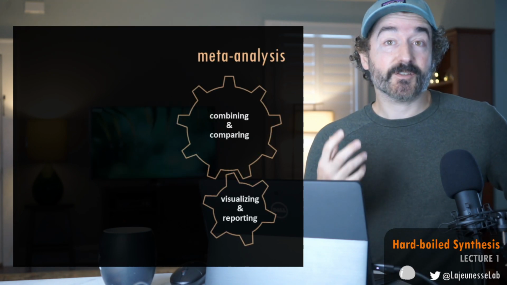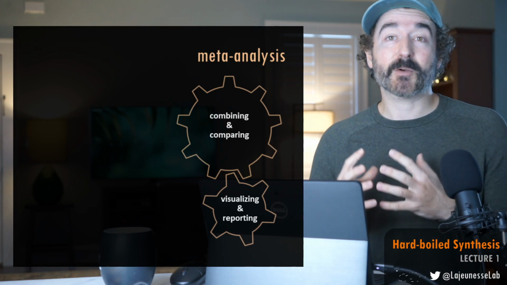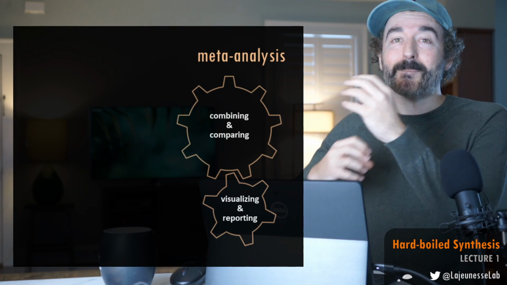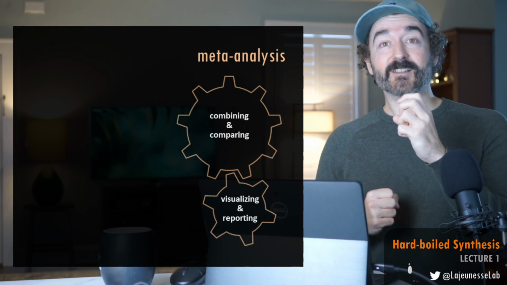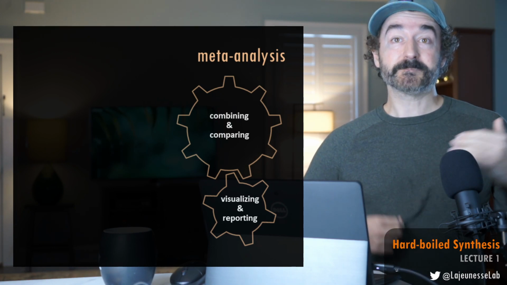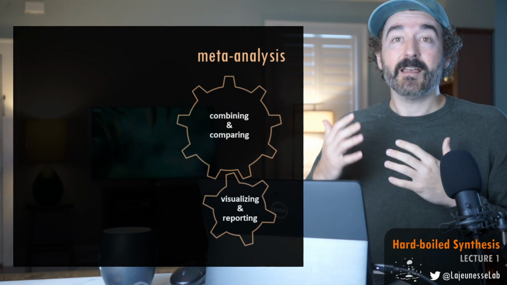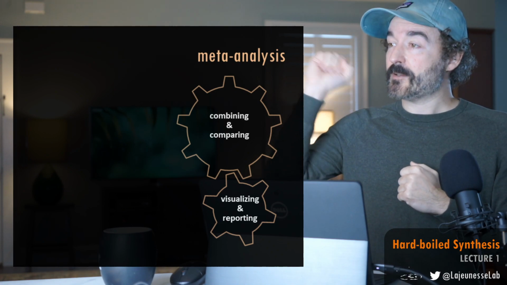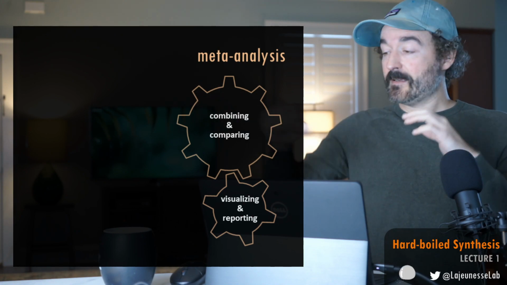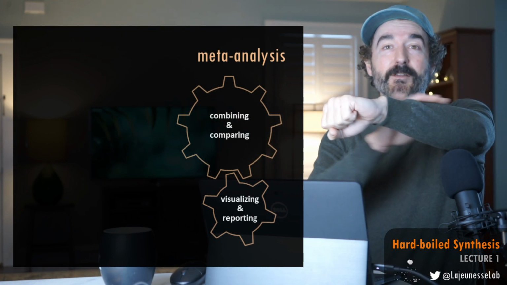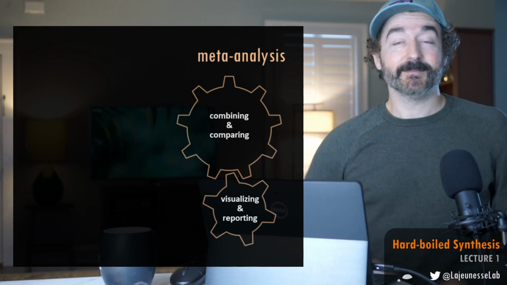And so meta-analysis you could split up into two gears in terms of what kind of mechanics are involved in achieving a meta-analysis. Statistically, you want to combine and compare a research outcome. For us, with the catnip studies, it's typically going to be a trial where you have a bare arm compared to another trial where you have catnip on the arm, and you stick your arms in a cage and the mosquitoes land on the arm.